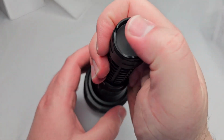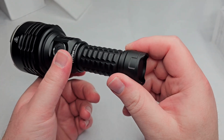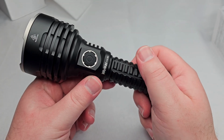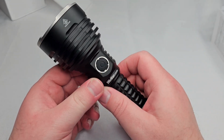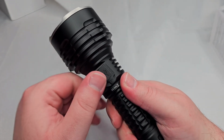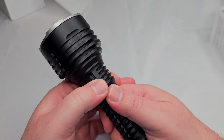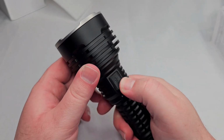But you know, I'd like to see like a rear switch, because you guys know I love rear switch lights. I'm not a huge fan of like just E switches, but for these lights I don't care too much. You get USB-C, so pretty good port, but you can see they got a huge, if I can get it back in there,